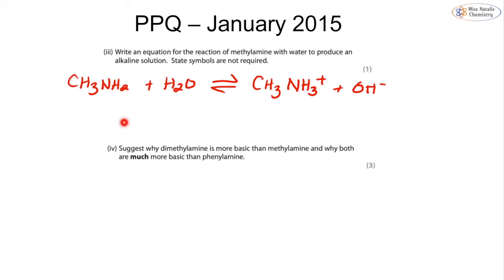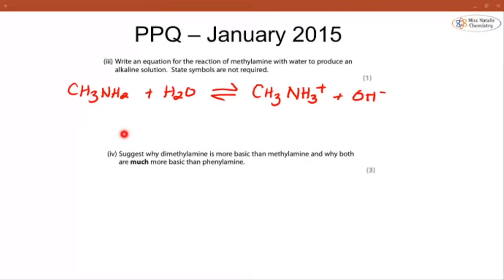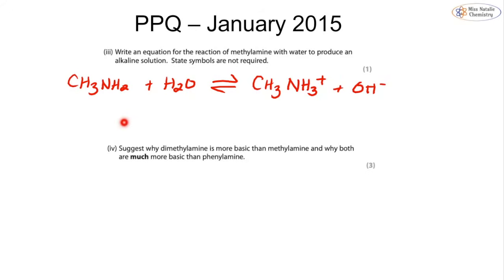Part 4, suggest why the dimethylamine is more basic than methylamine and why both of these are much more basic than phenylamine. Well, this is going to be split into 2 parts. So the first part is looking at why dimethylamine is more basic than the methylamine. So we're going to start off by looking at, well, what actually affects the basicity? So basicity, or the basic strength,